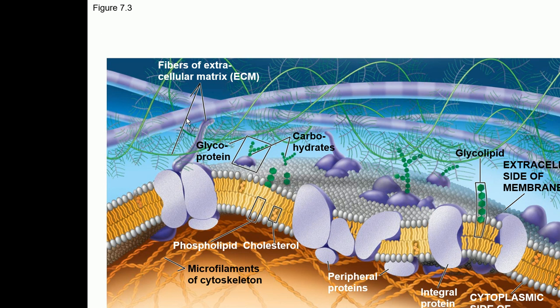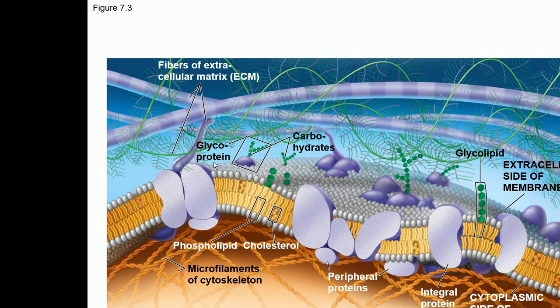And through this plasma membrane, some of the things can cross easily and some of the things cannot cross easily. So that is why this membrane is called a semi-permeable membrane or selectively permeable membrane. And we are going to see very shortly why some of the things can cross the membrane easily and why some of the things cannot cross easily.